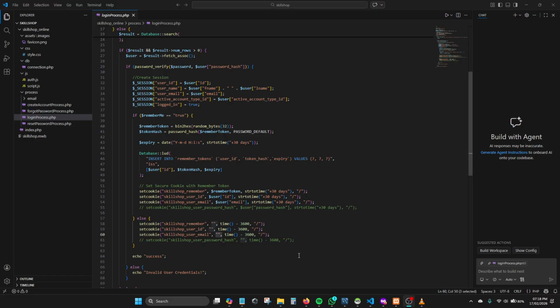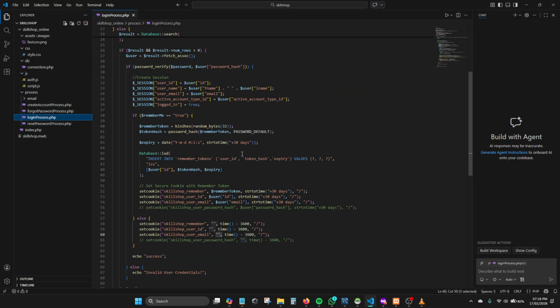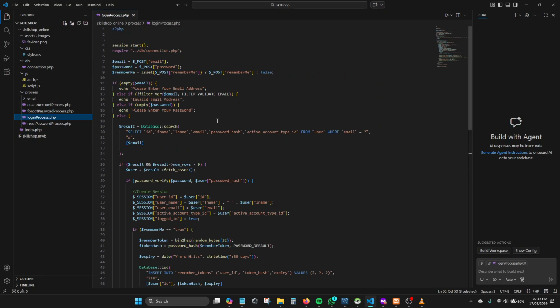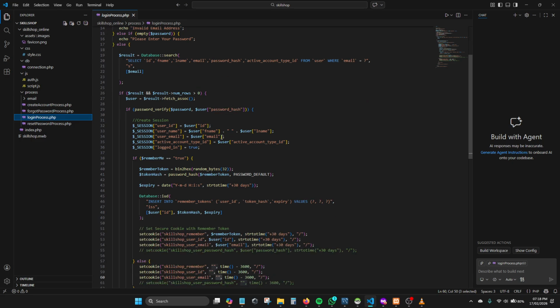So again, we will go through it. When you log in, we have the remember me. This just checks if it has been already checked before the load is happening, before you load the page. And then in the process, we create a session, we check the variables, check the input, and then